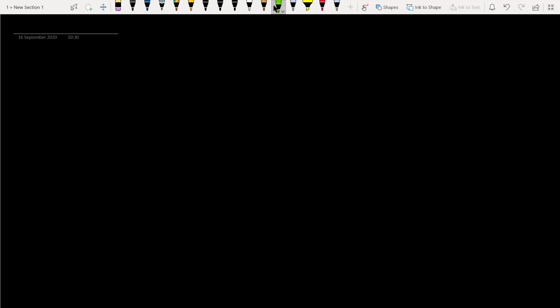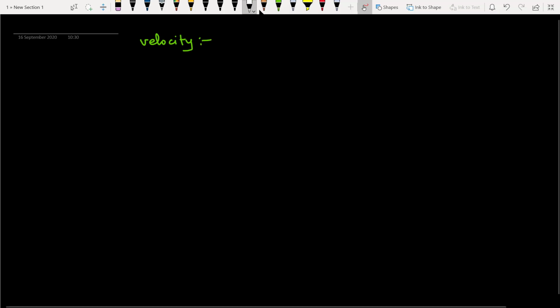So in continuation of the previous lectures, in the present lecture we will derive the expression for velocity and acceleration in spherical polar coordinate system. So first part is velocity. As position vector of the particle is given by